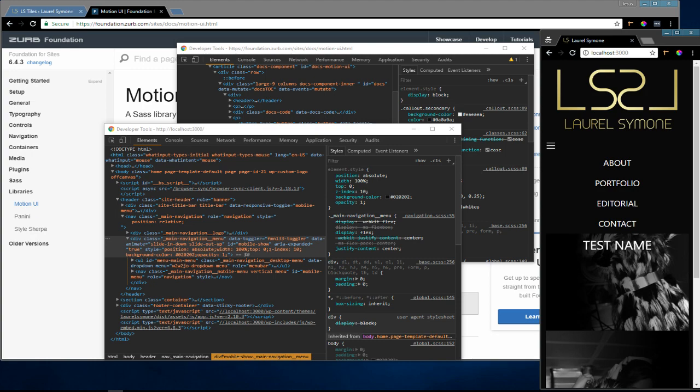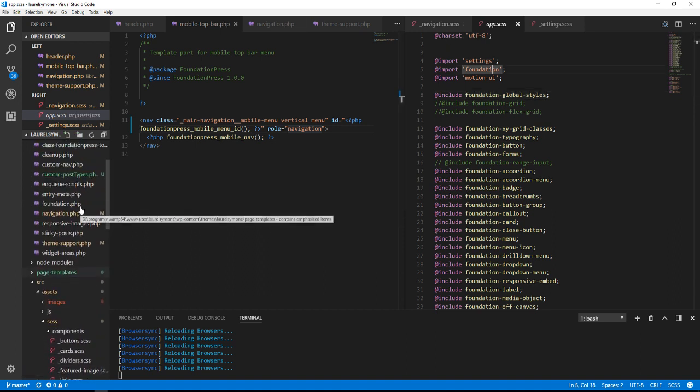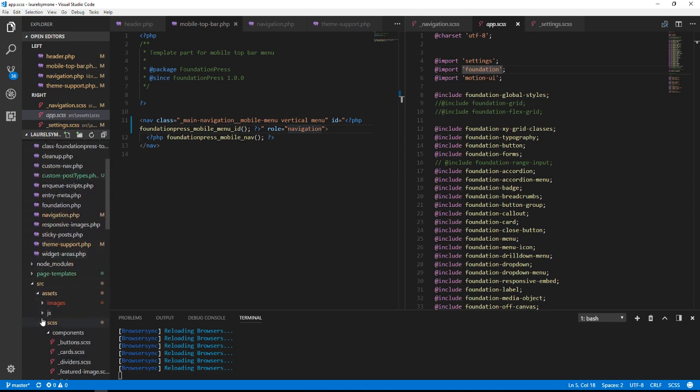So let's go back to the code. What I want to do, I was not expecting to do a little bit of jQuery on here, but I guess I will. So let's do, where's my source, JS,